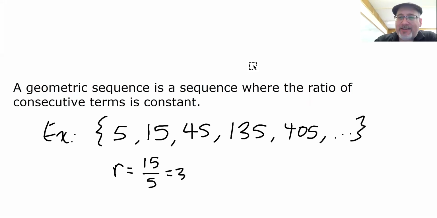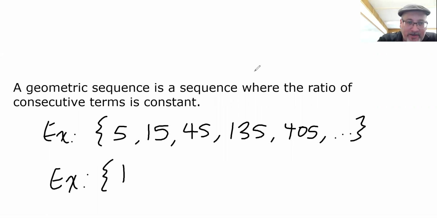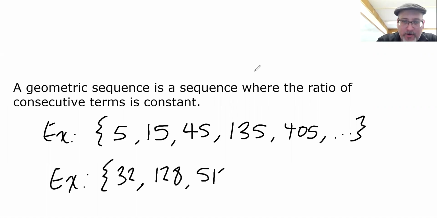Now, if you're looking at a sequence and you're not sure if it's geometric, then you compare ratios of consecutive terms. So, for example, let's say I give you 32, and then 128, then 512, and then 2048,